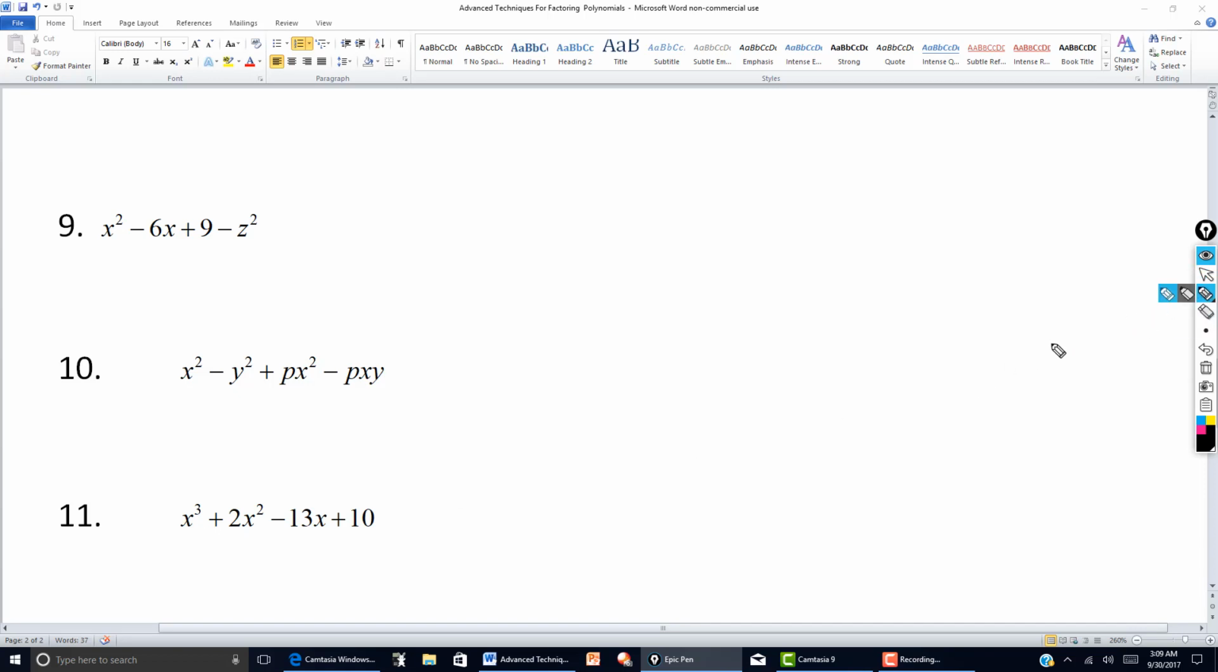Okay, in this one, x cubed plus 2x squared minus 13x. If I try to group these any way possible here, the first 2 terms together, the last 2 terms together, the first 3 terms together, and try to group them to find a common factor, I have no luck with that. Okay, so in this particular case, since I have a polynomial with 1 variable,